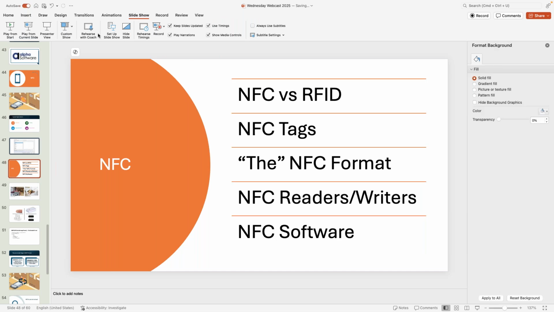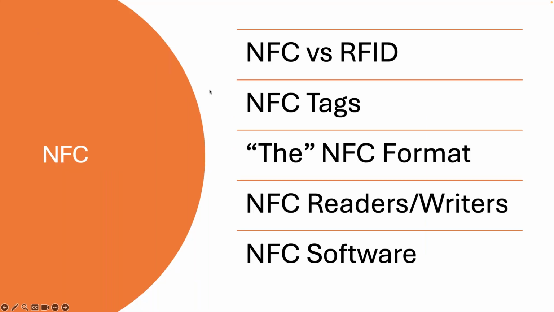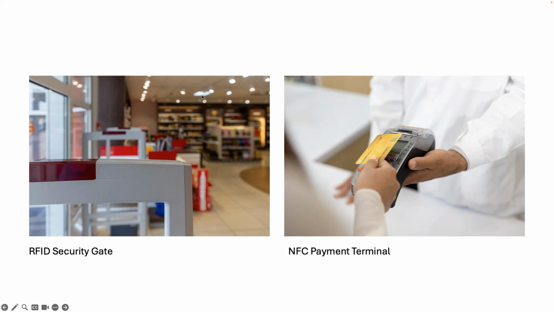So let me go back and play from here. Current slide. So RFID and NFC. If you go to a typical retail establishment like a drugstore or a hardware store, something like that, you will see examples of both technologies being used. For RFID, they're typically being used, say, in the security gates. So when you walk through the gate, it checks to see whether or not you have a piece of merchandise with a code that still says that it is active on that code. And that sort of lets them know whether or not it's been checked through appropriately, or maybe if you're trying to make off with it,